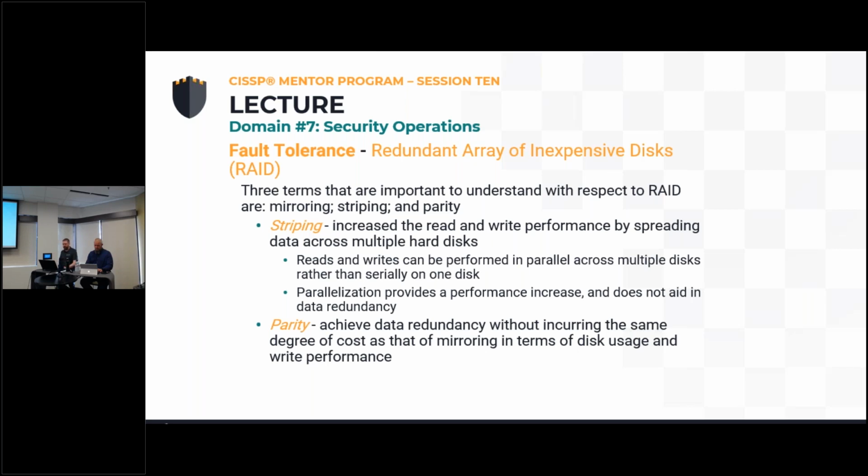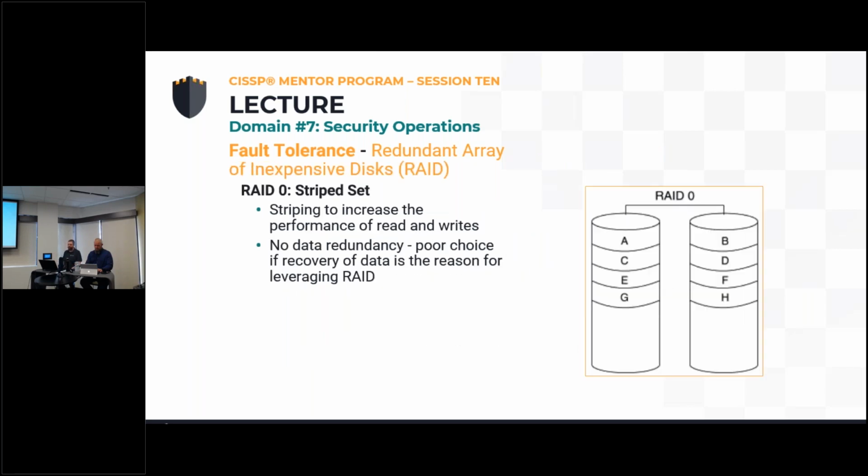So hang on, let's see. Here is a good example of that. So RAID 0, we're striping. There's no parity on this one, but striping, right? So it writes A, B, C, D, E, F, G. It just writes the blocks of data across